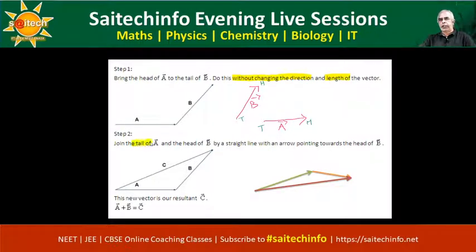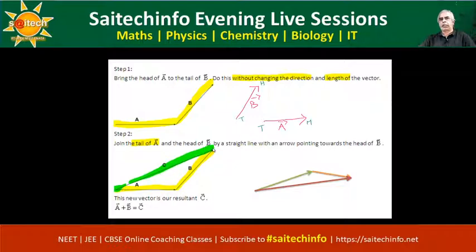So I join the tail of B to the head of A. So here this is the vector and I have brought this B here and I join in this way, okay. Now I am able to connect these two, the tail of A and the head of B. So I can join these two. Let me consider this is A vector and this is B vector I have joined. Now the resultant vector is, that is C vector.